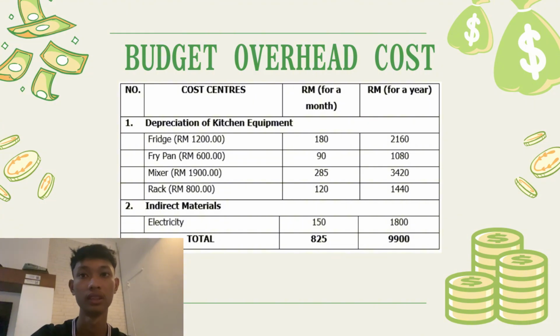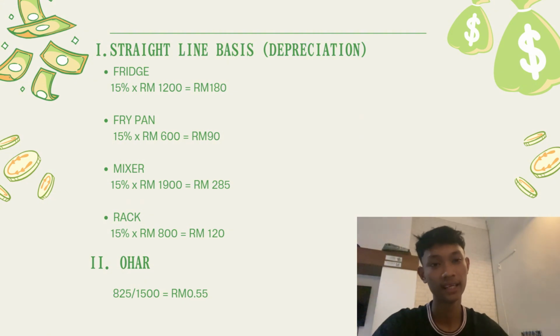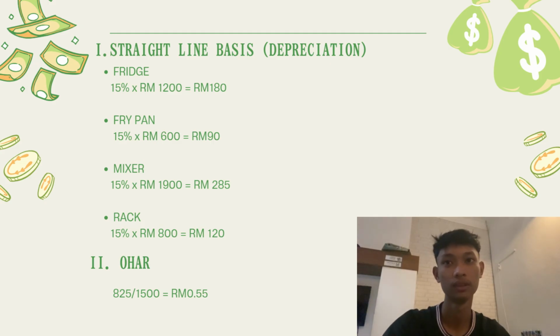And then number 2, indirect material. We have electricity. For a month is 150 ringgit, and for a year is 1,800. And the total amount is 835 ringgit, and for a year is 9,900 ringgit. So we'll move to the next slide, and I will explain the straight line basis of depreciation and